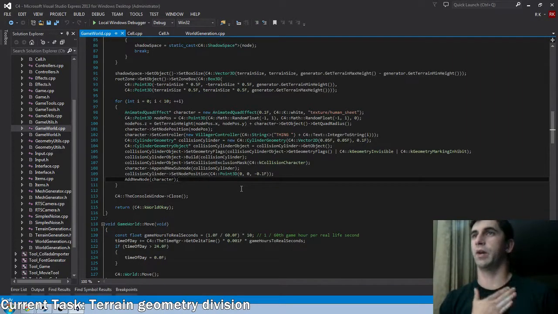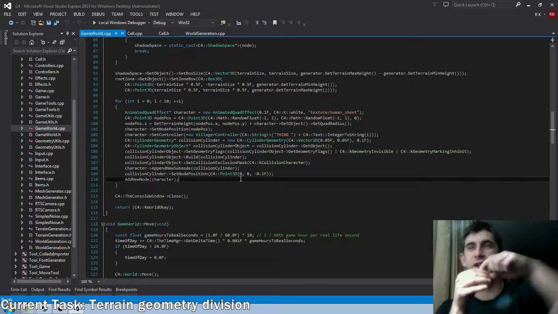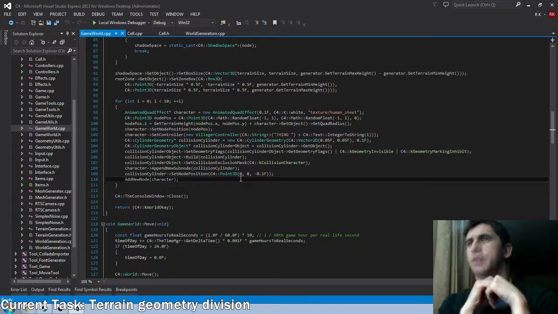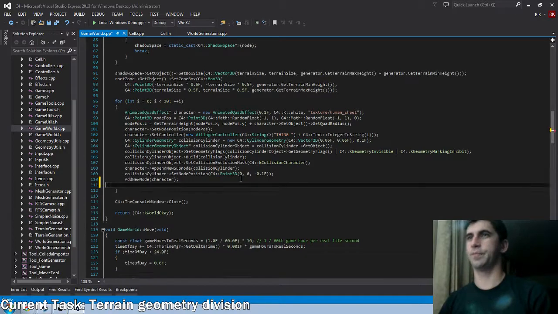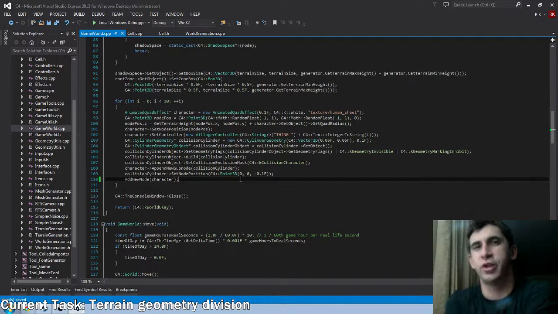Okay, so what we want to do is we want to go through and find the cells that contain the people, and we want to turn those back on. So the question is, how do we go from cell to one of these terrain geometry objects? Because that's going to be the most bizarre part, is to find...